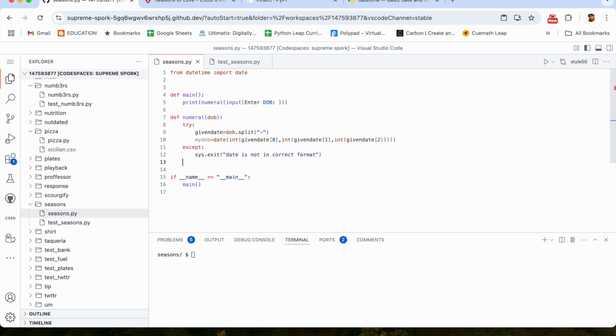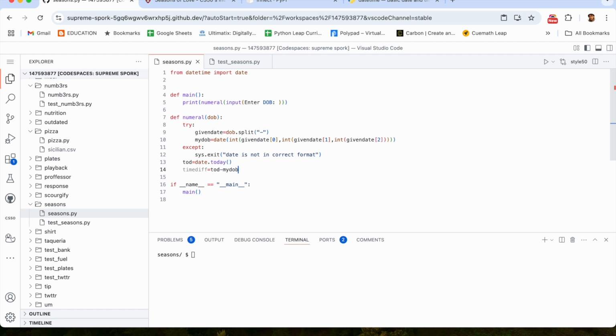Now we are going to create another date which is going to have today's date. Okay, so today is equal to date dot today. Okay, it's very simple. Today means it will give you the date. Next I am going to subtract today's date with the given date from the user. So time difference is equal to today minus my date of birth. Okay, so this will give me a date which is going to be the difference between